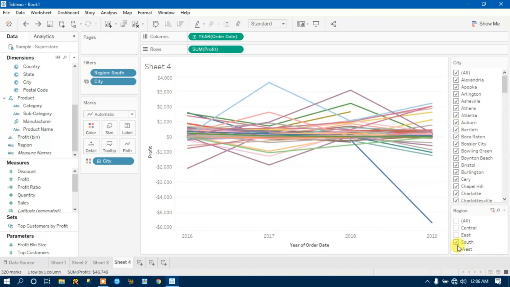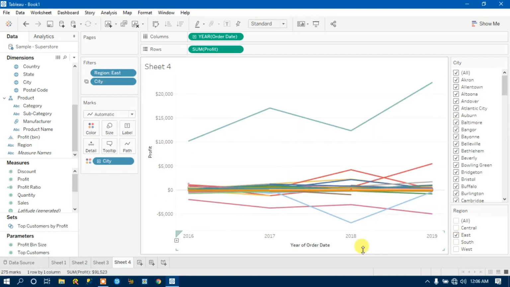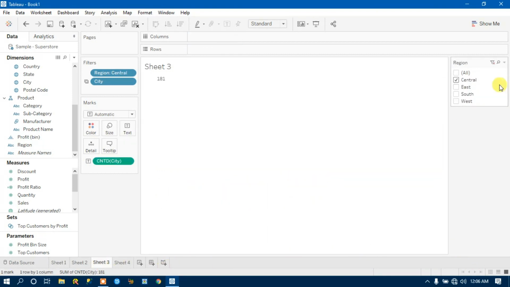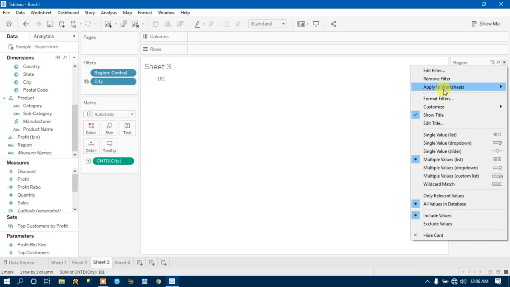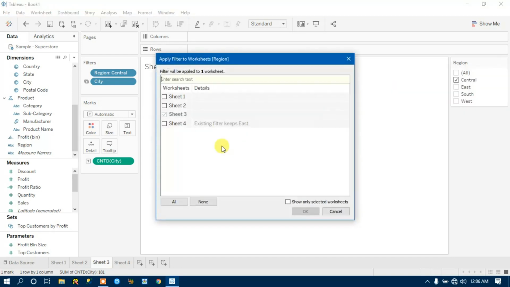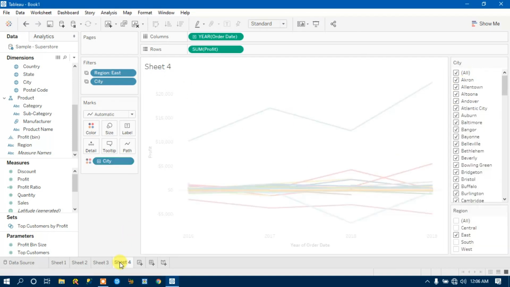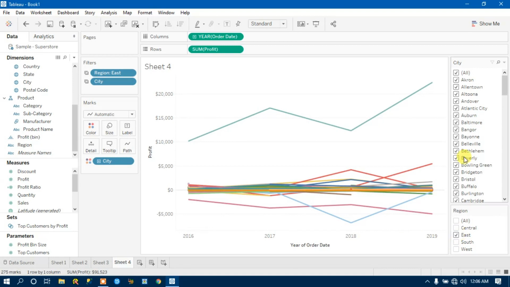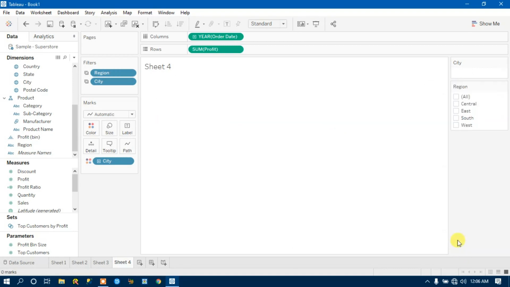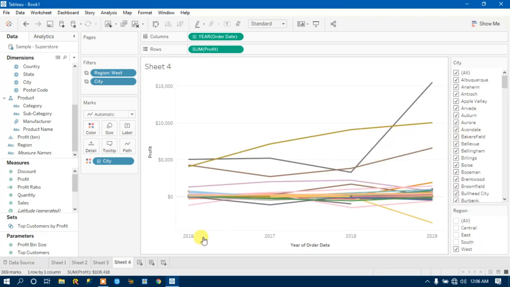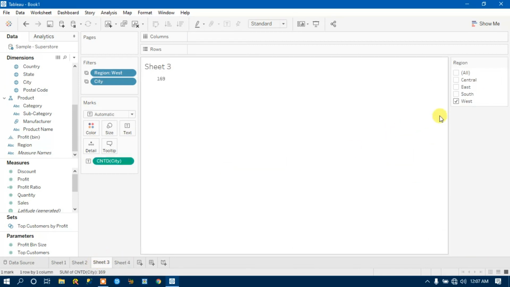Let's say I pick east and come back here, let me apply to selected worksheet 4. Let me click on east, 108, it has picked east 108, right? If I pick west, it will also pick west from here.